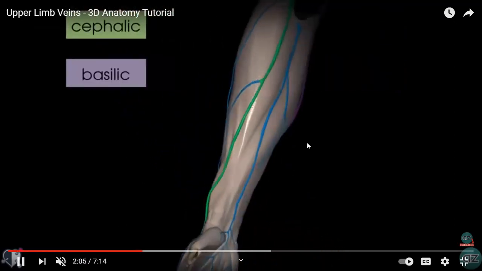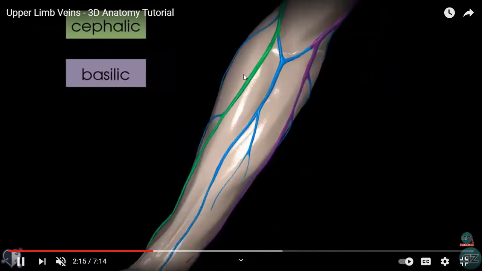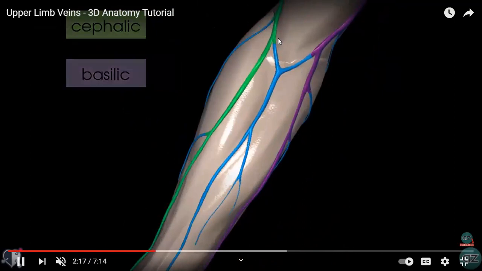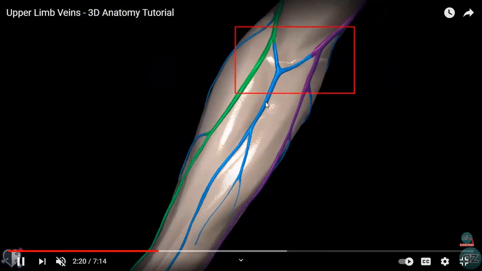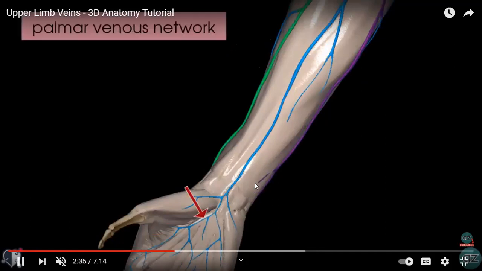Now you are seeing in front of the forearm, both of them are connected, right? This is our basilic vein, this is our cephalic vein. Both are connected by the median cubital vein, isn't it? What is this vein? Median vein of forearm, which opens into the median cubital vein, right? Then what are these veins? These are all like the palmar venous network. I told you we have superficial and deeper ones, isn't it?